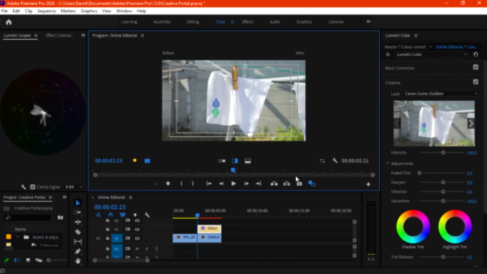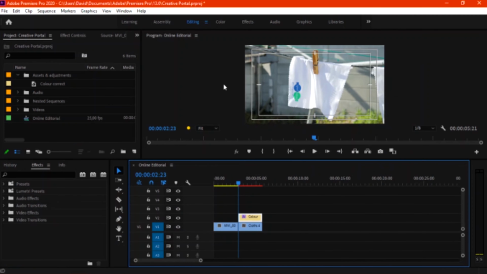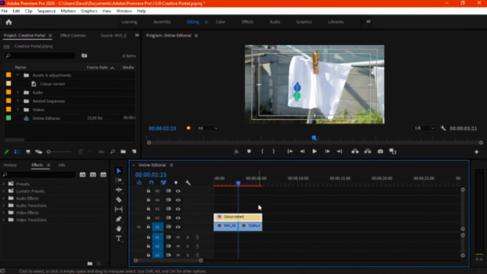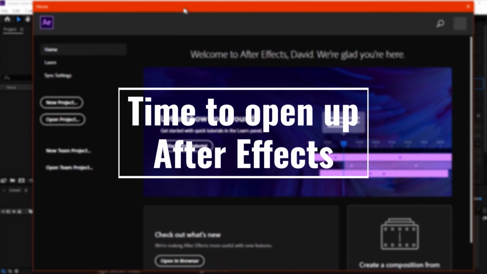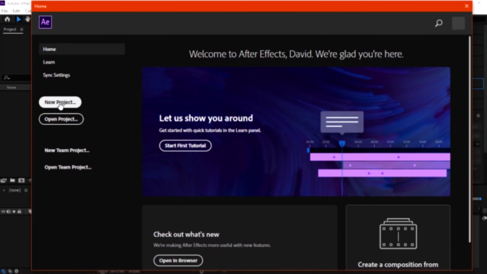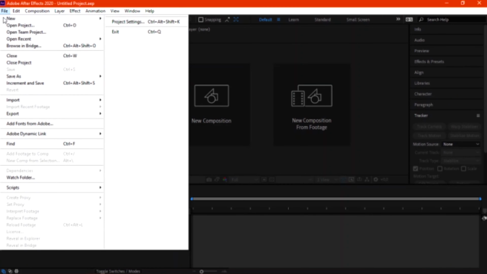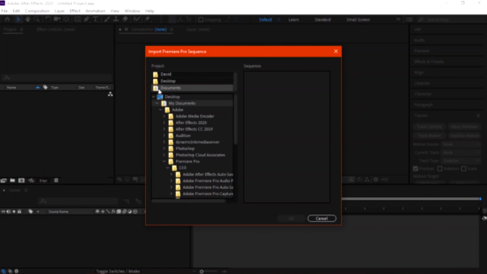So from here we're going to be jumping into After Effects. We're going to be doing all the necessary work. So let's drag this adjustment layer and open up After Effects. In After Effects, I'm going to be showing you guys a step-by-step routine on how to do this. So you import your project, which is in your saved folder.